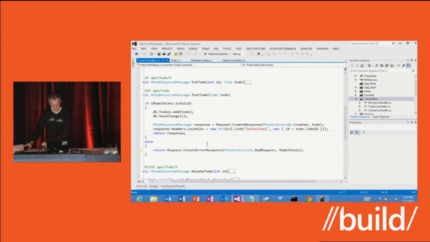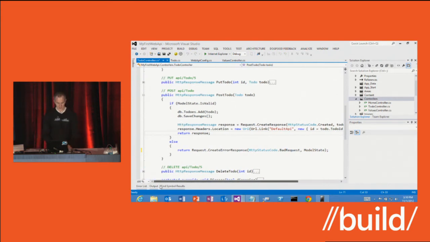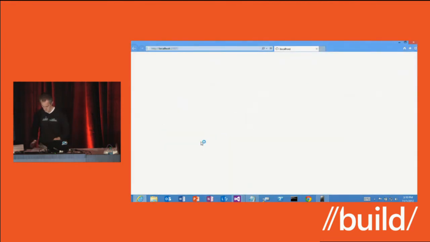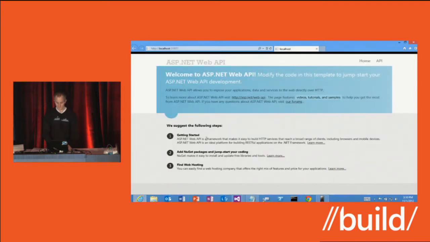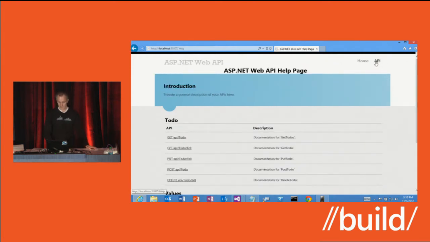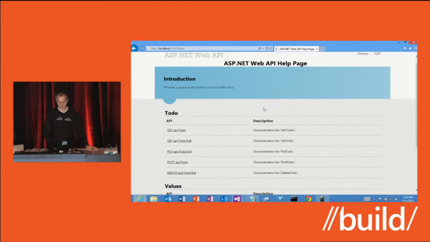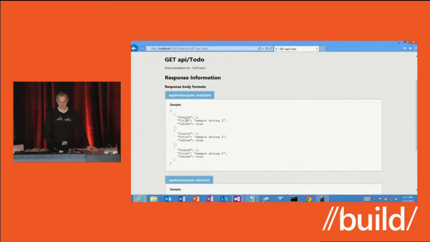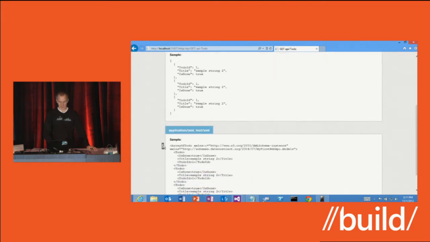Okay. And that, let's see, we talked about validation, formatting. So let's run it. All right. So now I'll go back to my help page. Let's see what happened. All right. So there's my new to-do web API. It just shows right up because you add another controller, we find it. I can get to-dos. Let's look at the format of the sample objects. So yeah, it has a to-do ID, a title, is done. So we recognize the types of your actions. I can see it in XML, I can see it in JSON.